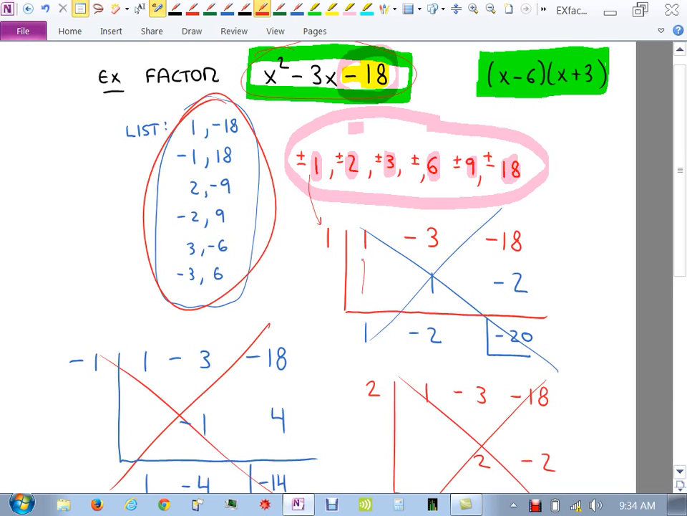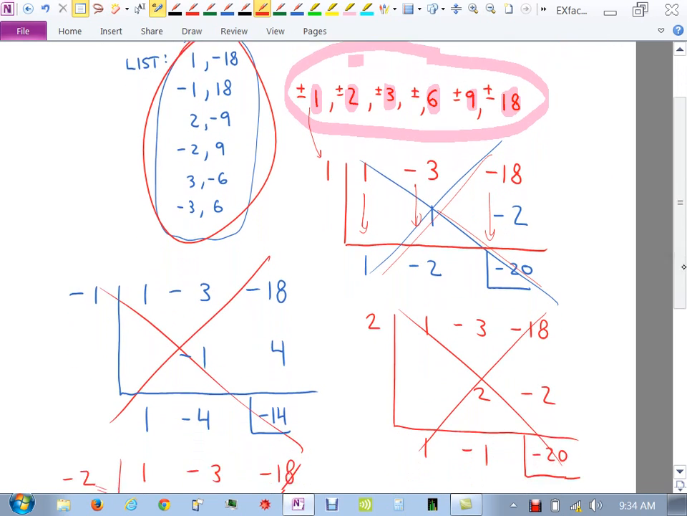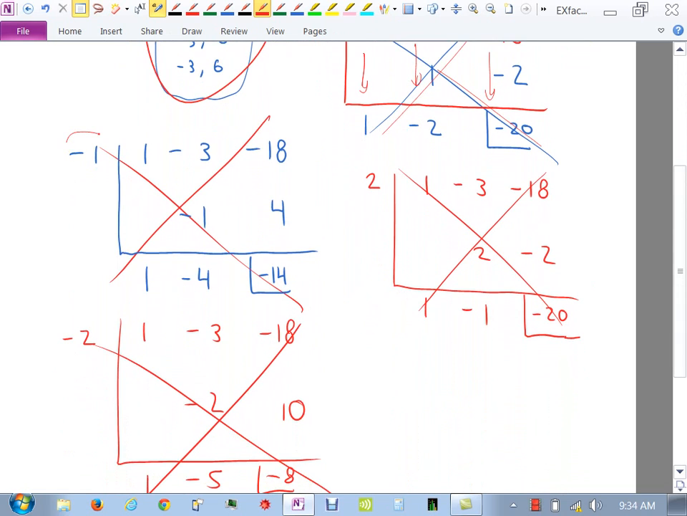And I try it. 1 comes down, it's 1. 1 times 1 is 1. I add down, I get negative 2. Negative 2 times 1 is negative 2. I add down, I do not get a 0. So this does not work. So I move on to the next number in my list. Negative 1 is the next number in my list. 1 comes down, and then